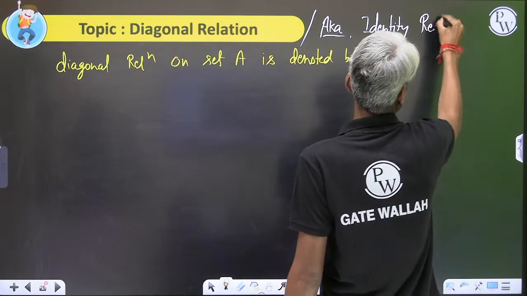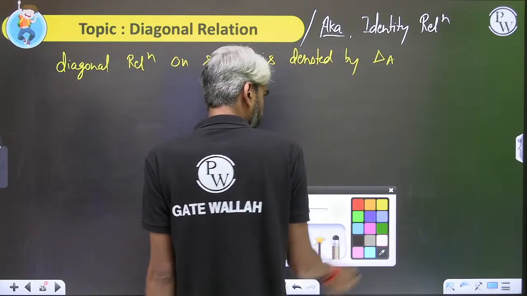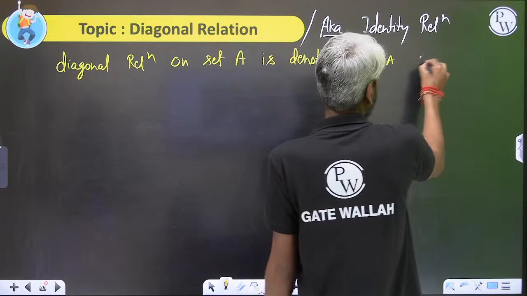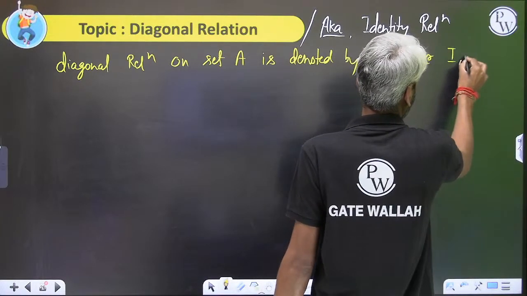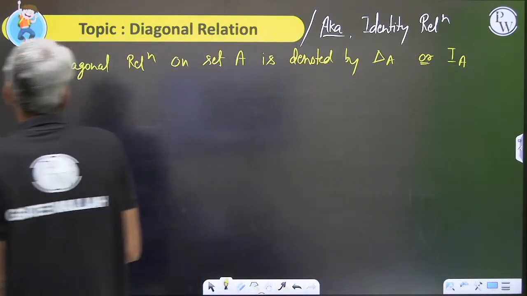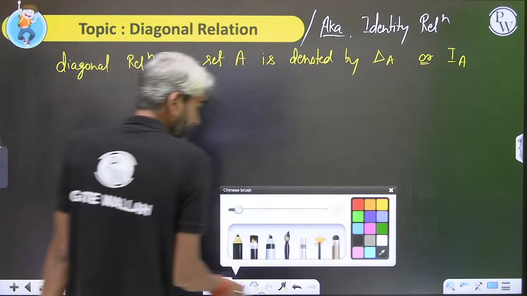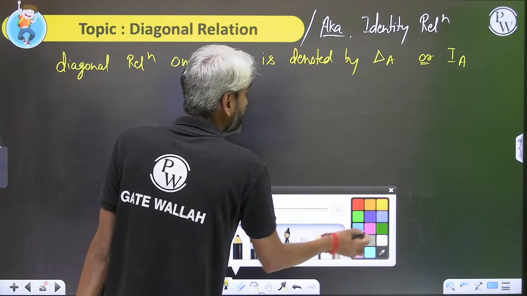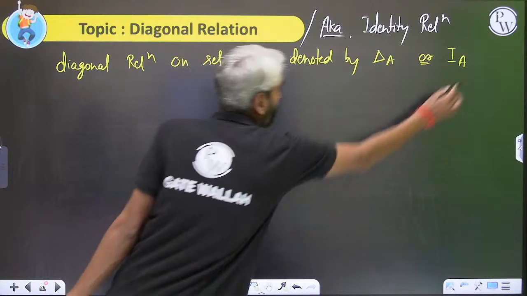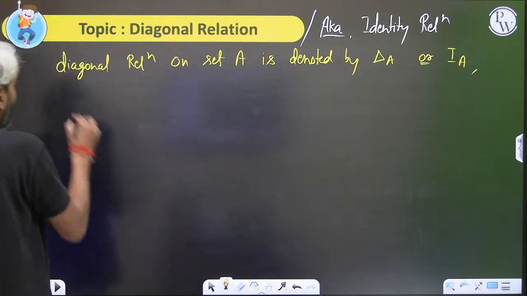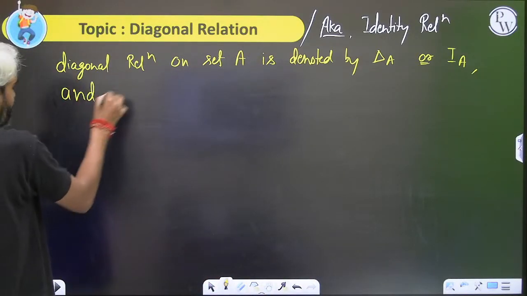Because it is known as identity relation, some authors may define it like I_A, that is, identity relation on set A. Up to the notation, it doesn't matter. So it is denoted by delta A or I_A, and it is defined as,